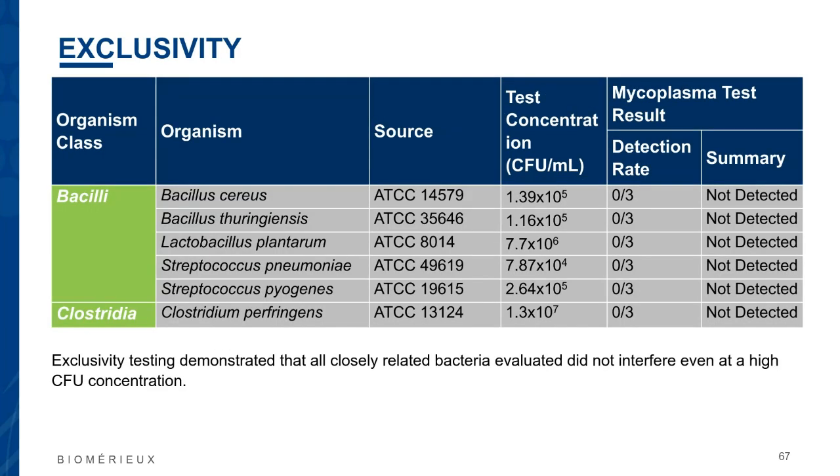And when you look at the exclusivity, it really demonstrates that all the closely related bacteria cannot interfere, even at the high concentration of these microorganisms in the sample. We tested different microorganisms from the Bacilli genera and the Clostridia. You can see here the concentration tested, and the results were negative. So the mycoplasma were not detected, showing the real specificity and exclusivity of the assay for the detection specifically of the mycoplasma. And this nested PCR we use is very key to have these kinds of results in terms of